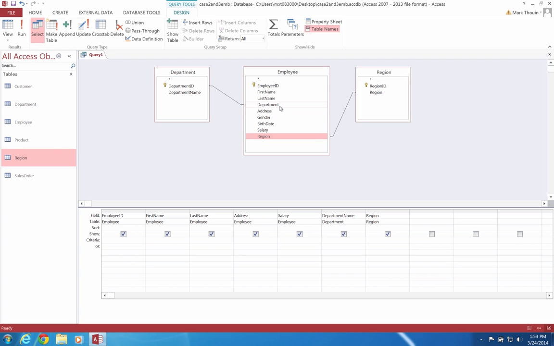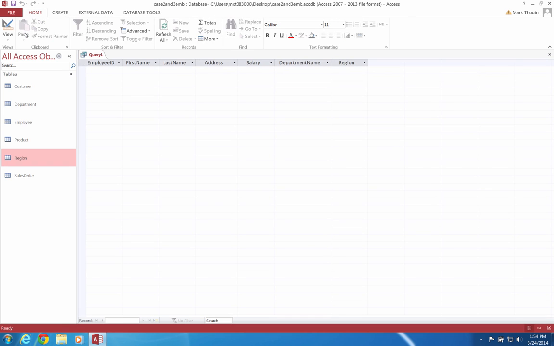The way our join works is it takes the department number and it looks for Sean Marion's department number over in the department table. It finds a match. That's what this join does right here between the employee department and the department ID in the department table. And based on that match, it's going to return the department name, which is exactly what we want it to do. So now when I run or execute my query,